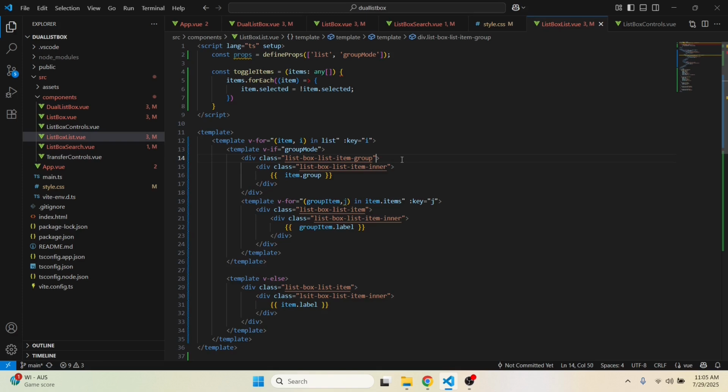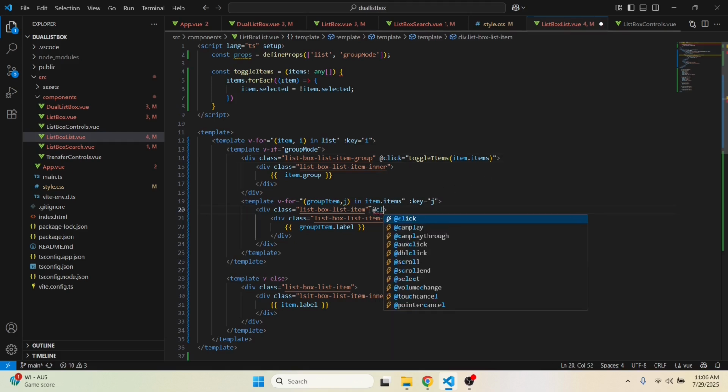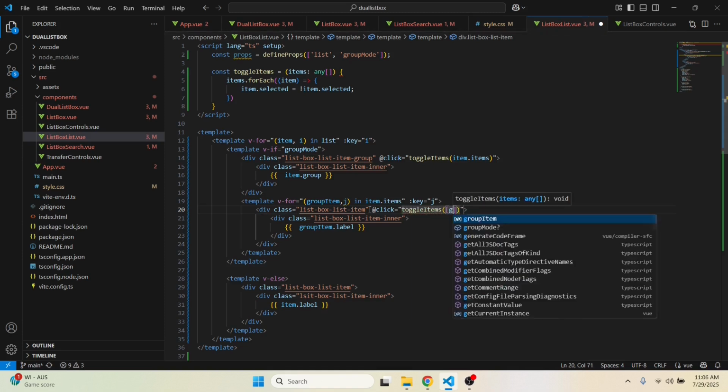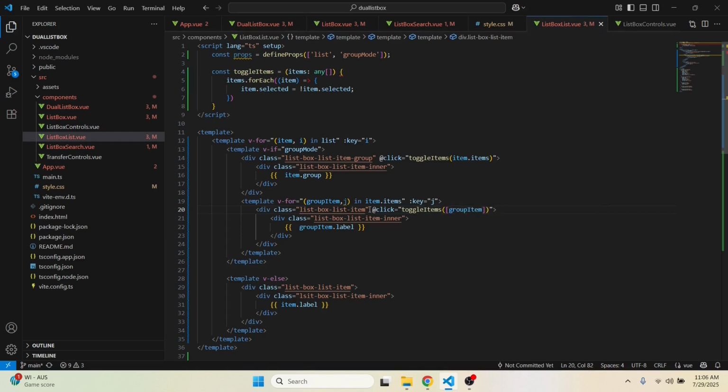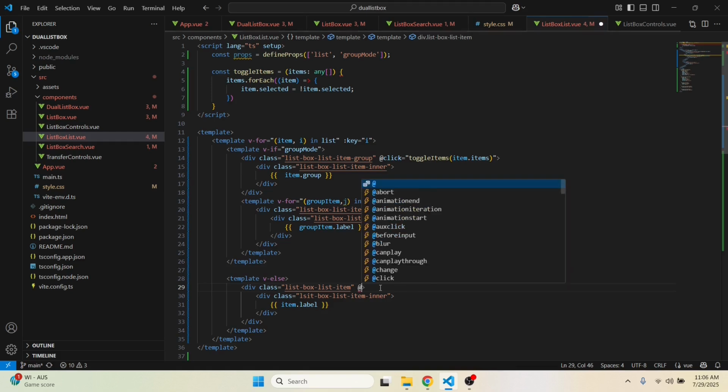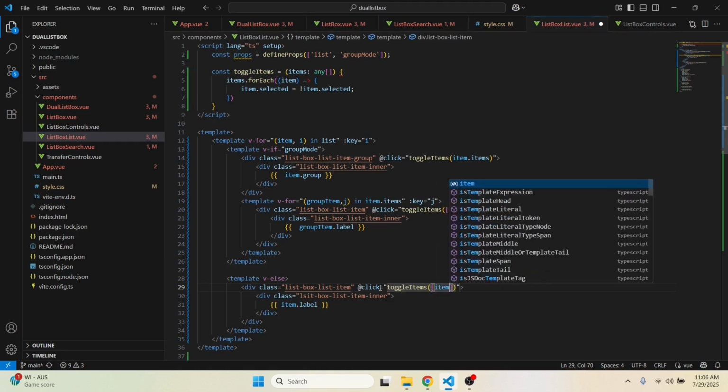So right here, let's see, on click, I want to toggle the items and I want to pass item.items. So I'm passing all the items. Now we have to do the same right here. So click, toggle items. We want to pass an array which only has one item, that group item. And basically we need to do the same for the flat list. So click, toggle items, we pass an array that only has that item